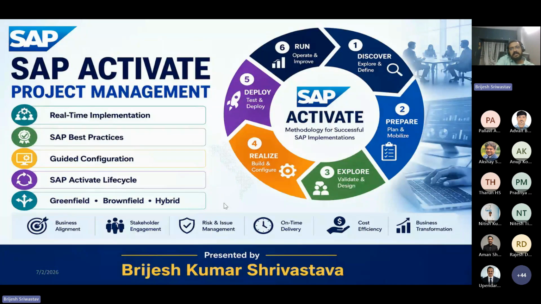During this training, I will share not only the SAP Activate methodology, but also practical scenario knowledge, real implementation experience, common project challenges, and lessons learned from actual SAP projects. In this training, my focus will be different.